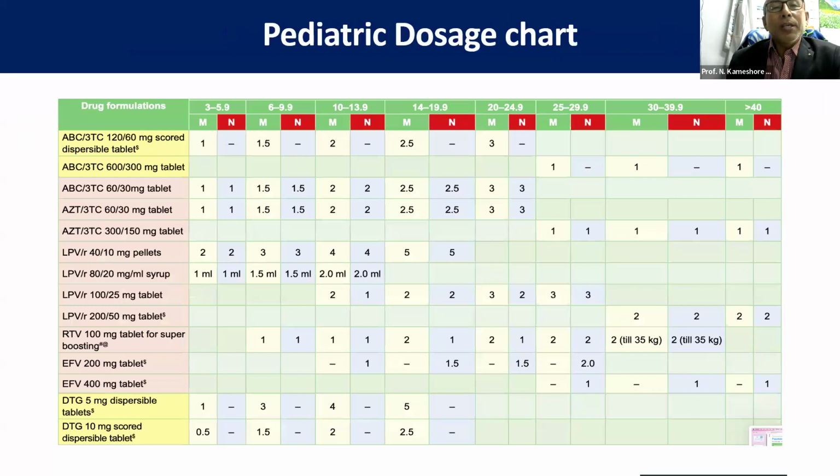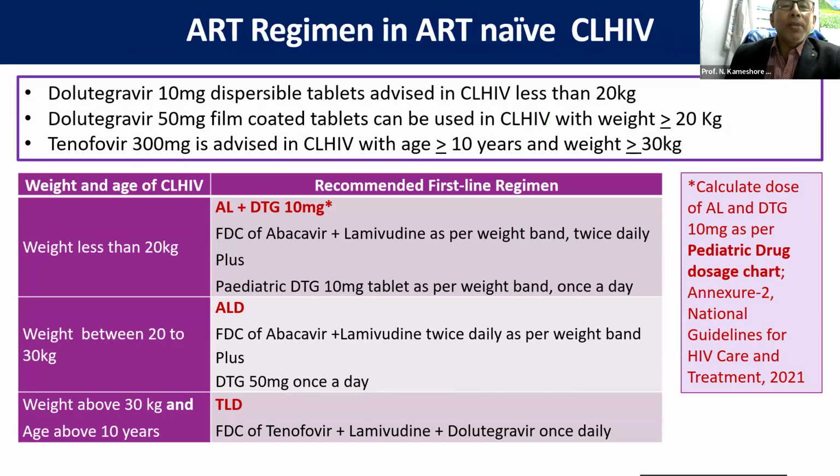Let us see the ART regimen in children living with HIV. Dolutegravir 10 milligram dispersible tablet is advised, as mentioned already, in children less than 20 kg. Dolutegravir 50 milligram film coated tablets can be used in children more than or equal to 20 kg who can swallow the tablet, and the tenofovir 300 milligram is advised in children living with HIV with age more than or equal to 10 years and weight more than or equal to